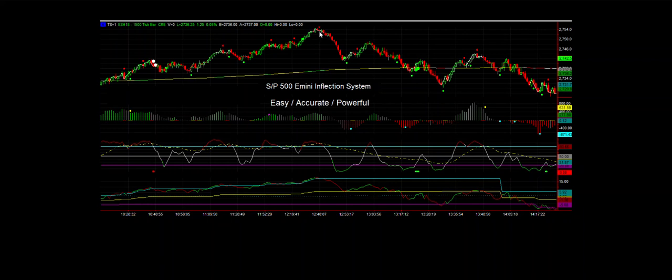We see that right here, the histogram is showing a weakness. Price was strong and now is starting to show a weakness. Well, that wouldn't be enough for us to take a trade or understand it by itself. But then we look down here at the turning points indicator, and we see that this is coming down through it, which we know is highly